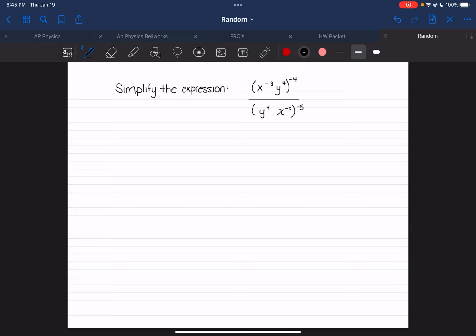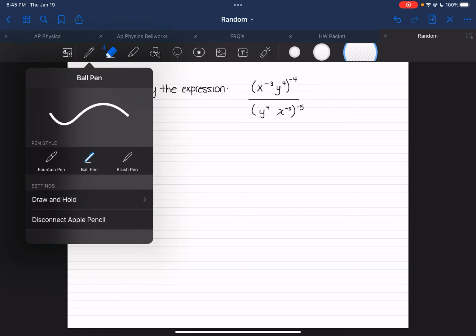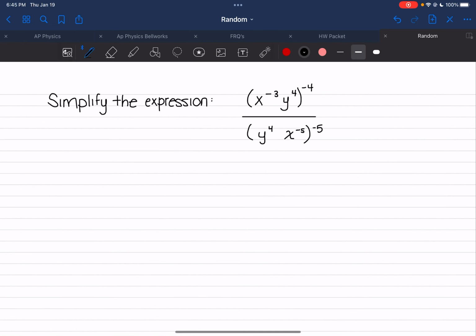Okay, so the first thing I see when doing this problem, the first thing I need to know is that I'm going to have to distribute my exponents. So I'm going to have to distribute the -4 here and the -4 here, as well as the -5 here and the -5 here. So from number 1, I'm going to distribute, which gives me x to the -3 times -4, which is 12, times y to the 4 times -4, which is